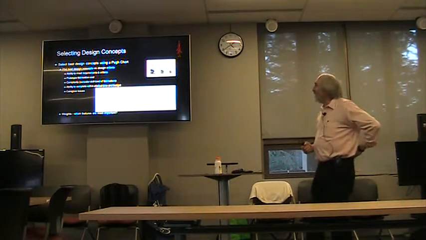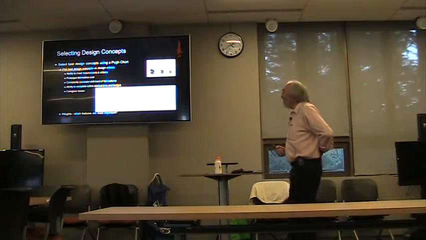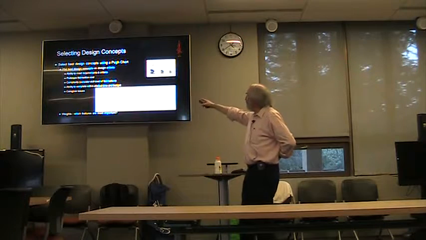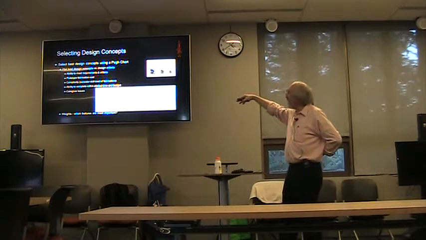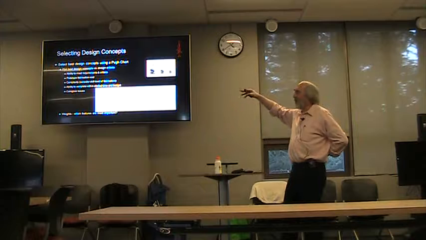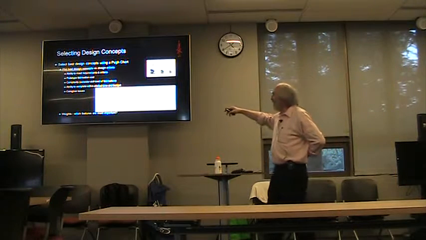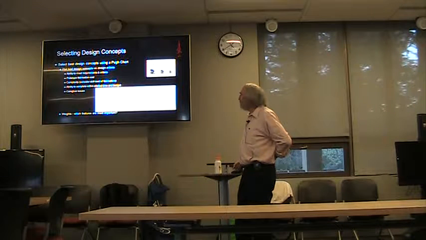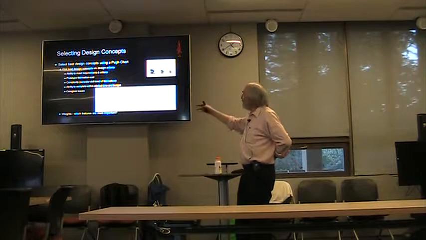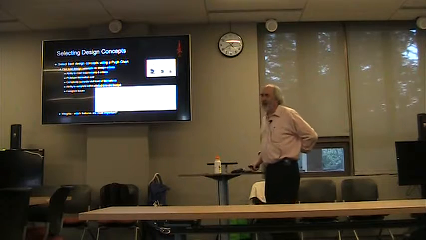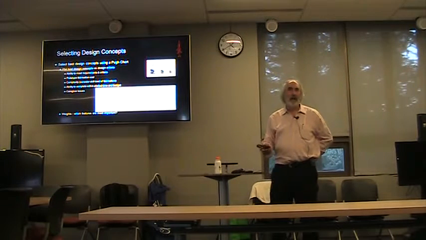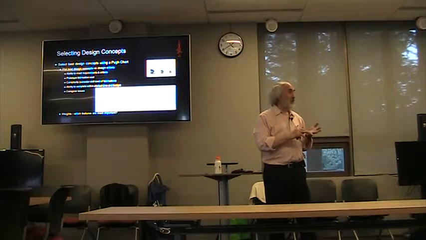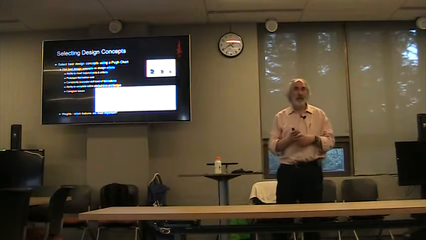So you want to select the best design concepts, and so you just use a spreadsheet. And here's an example of one. So options 1, 2, and 3 are columns that present our different concepts, and the rows are design criteria. And so they could be things like, how expensive it would be, how long would it take to do it, and of course, aesthetics is really important as well, so that should be included in there.